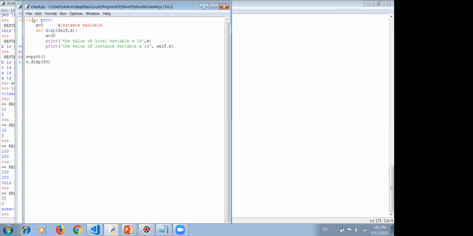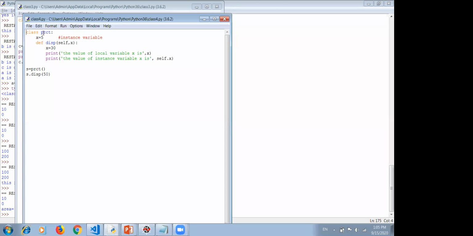In this, let's say I have created a class, say Practical, or whatever name you can give. Initialize some variable, also called an instance variable. Then define a function. Now this function has two arguments. One is the default, self.